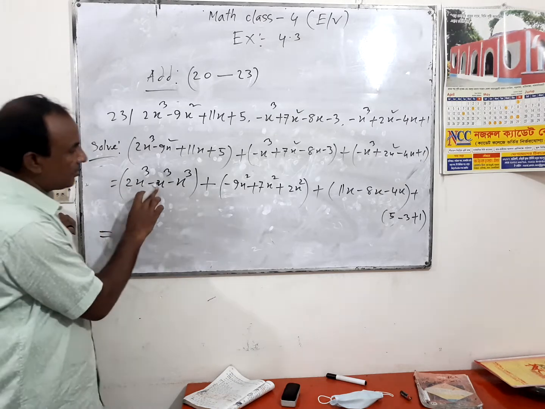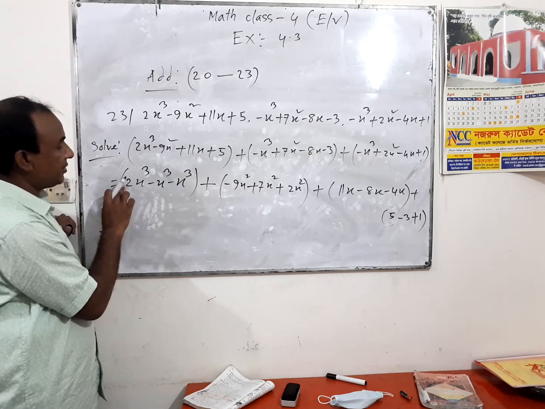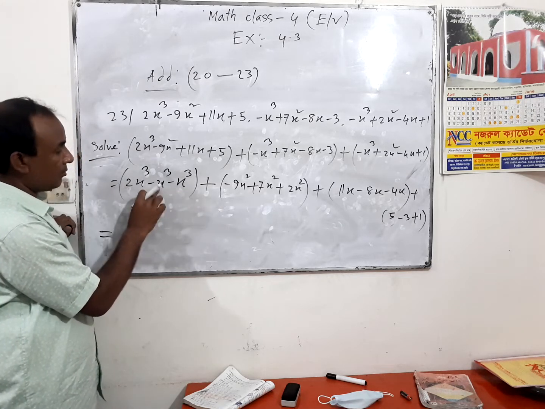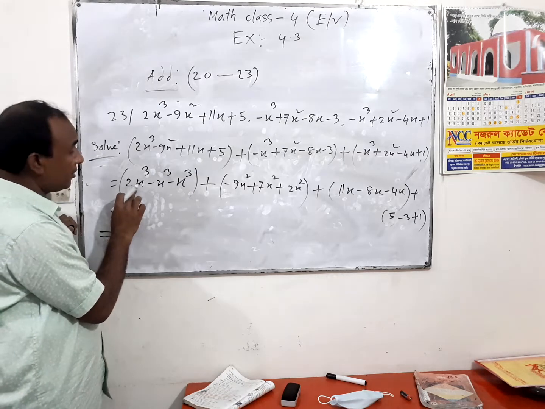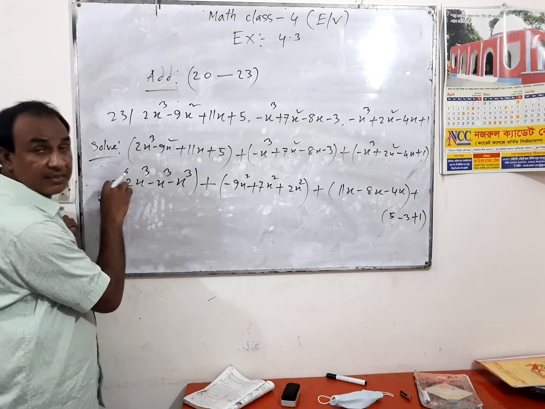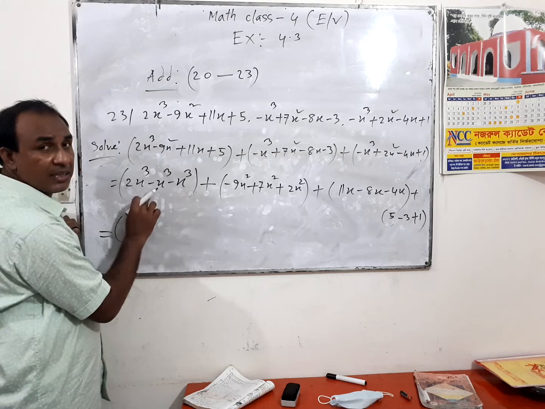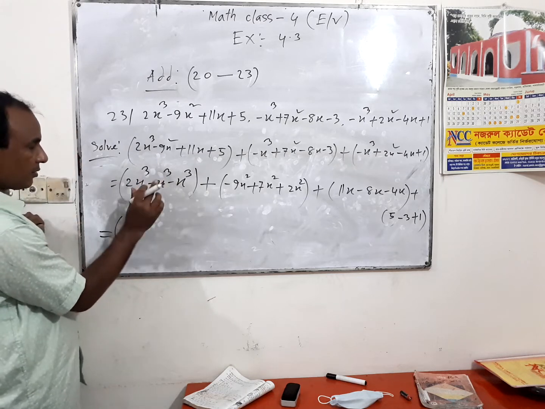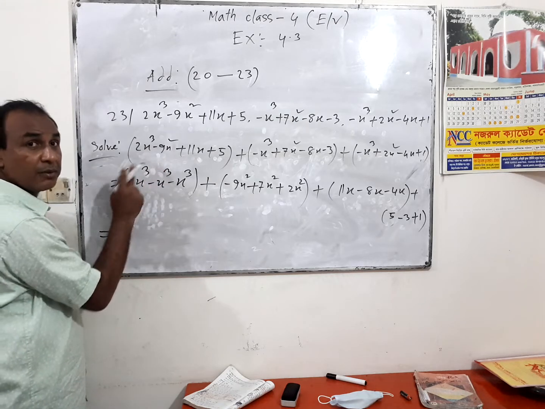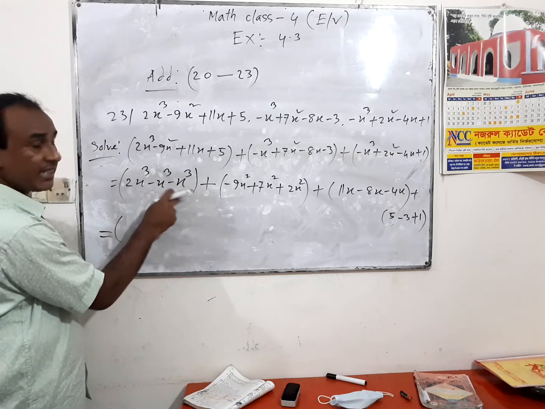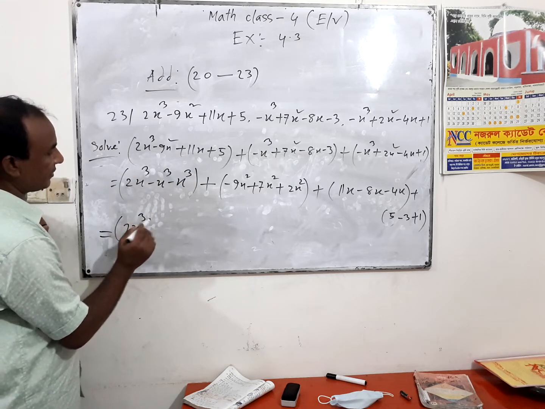Just think about it, students are going to make mistakes sometimes here. Here are 3 terms, 1, 2, 3. Before one term there is a plus sign, and a minus sign is there 2 more times. So we have to do it the same as before. If 2 adds are there, first we add them. Now 2 minuses are here, so we have to add the 2 minuses first.